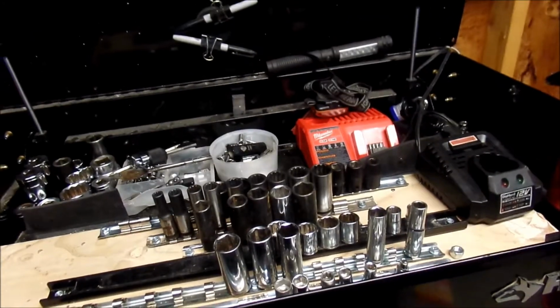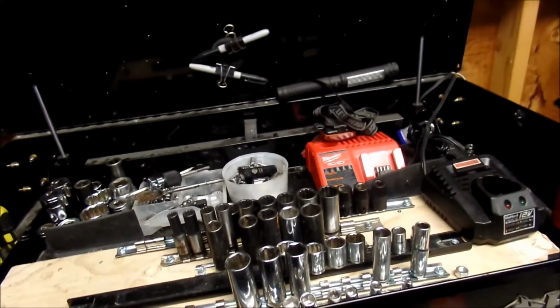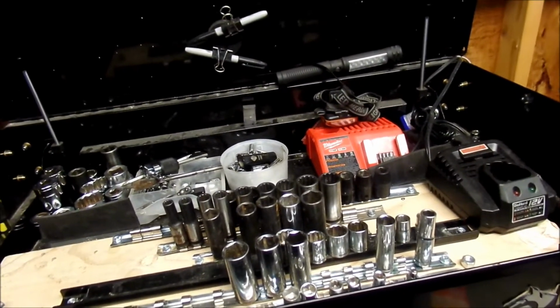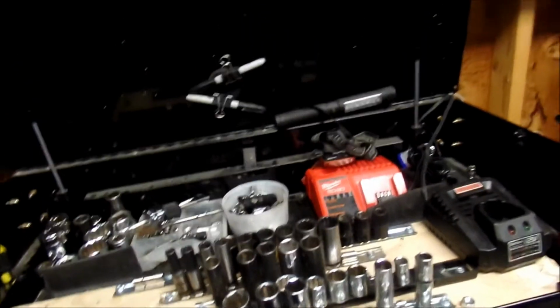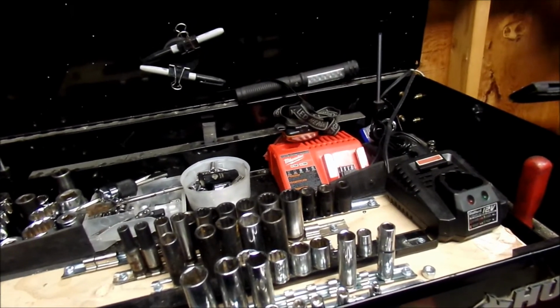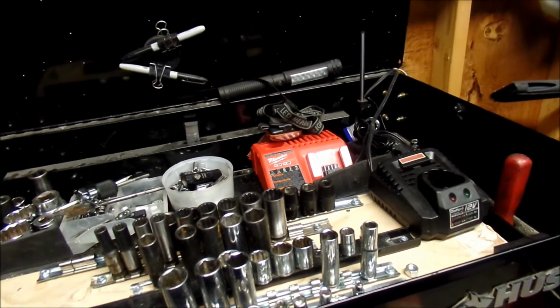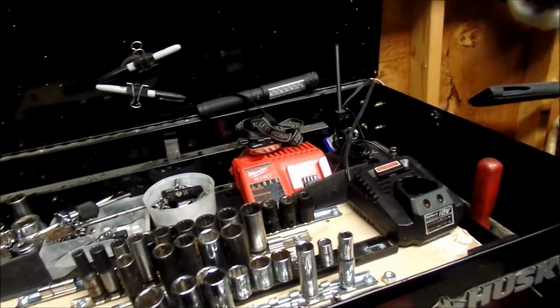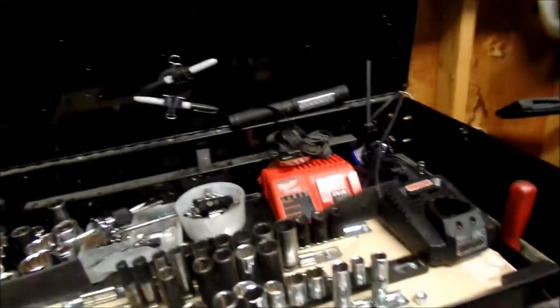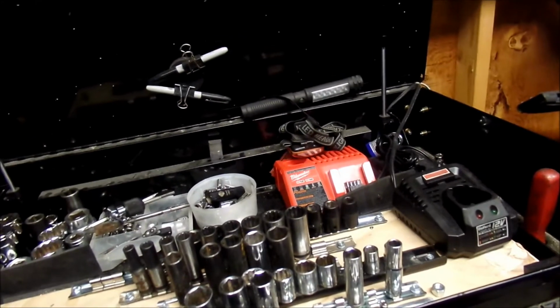Just be careful with Harbor Freight, because sometimes they do have defects from the factory. My brother ended up buying a tool cart from Harbor Freight. It was the black one, the smallest one. It was only $99, so it wasn't too bad. You can usually pick them up for $99 with a coupon, but they're about $149 without the coupon. And then they have the red one that's